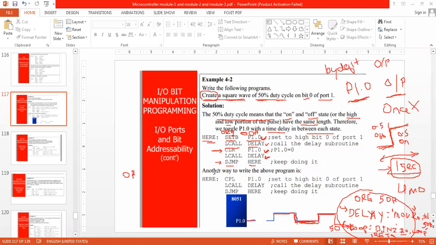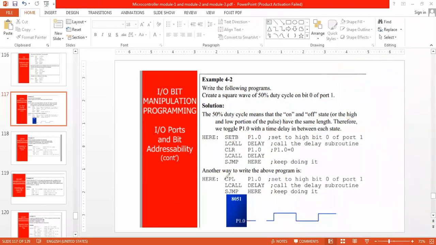Okay, so there is another way of writing the above program. What is that? ORG 00H, or I can say 0000H. CPL P1.0.